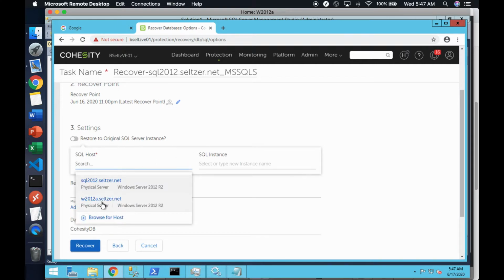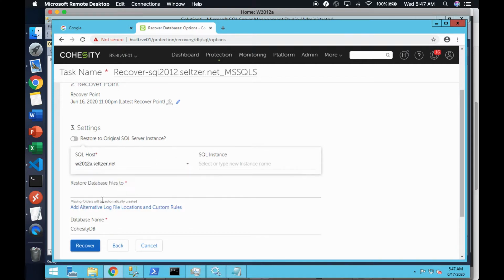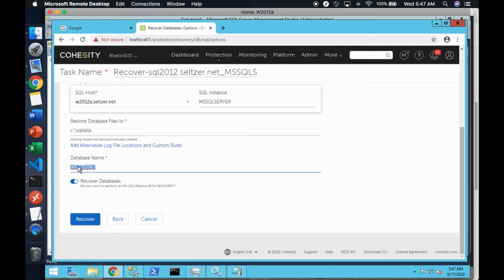I'll restore it to this development server I've got called W2012A. Tell it where to stick the files. I can give it an alternate name like validate DB and just click recover. I'm not actually going to do that right now because it'll take us a little bit